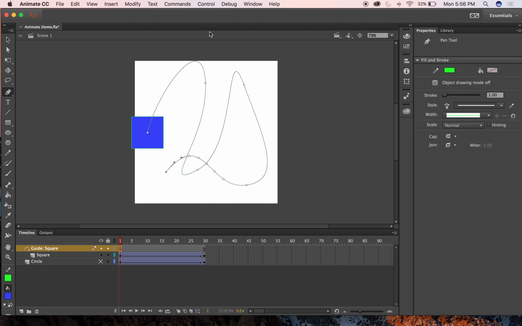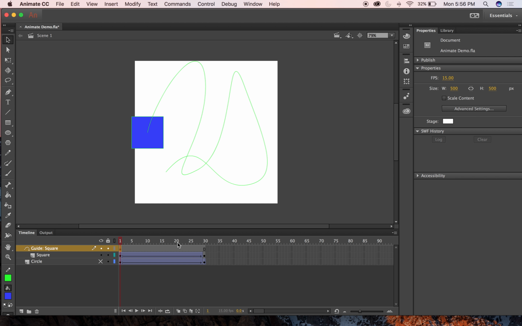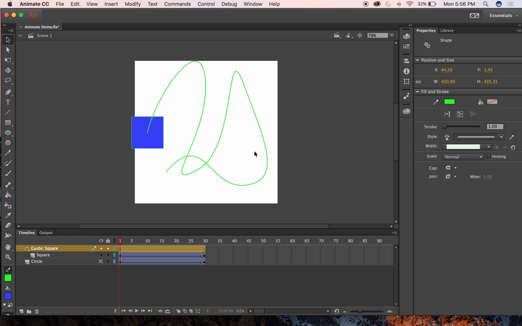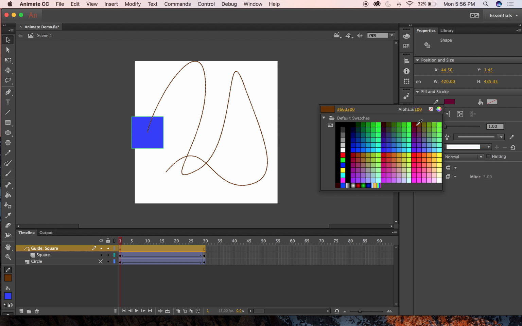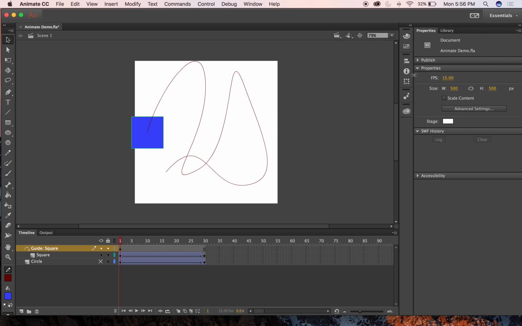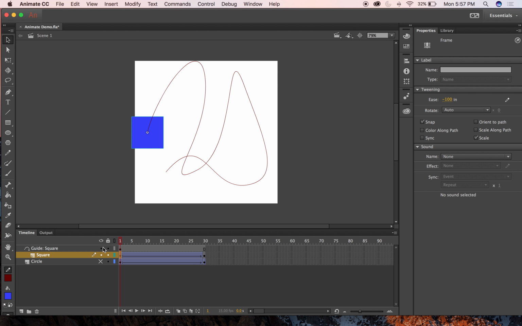And then you're just going to draw the path that you want this shape to travel along. Once you have it drawn out, you can click off of it. I'll change the color of it so it can be more noticeable, so it's this brown color. So I have my shape drawn out, and next, what I need to do is click on the square